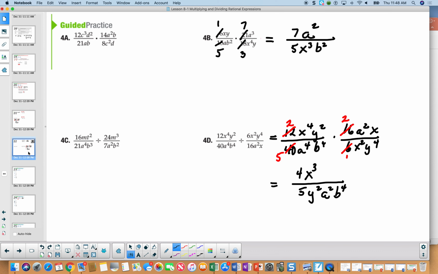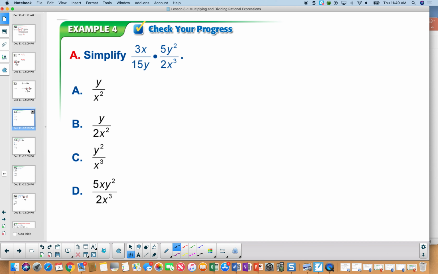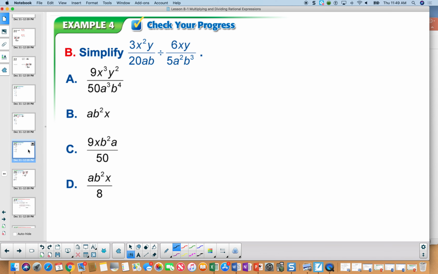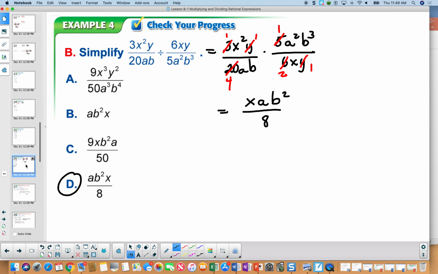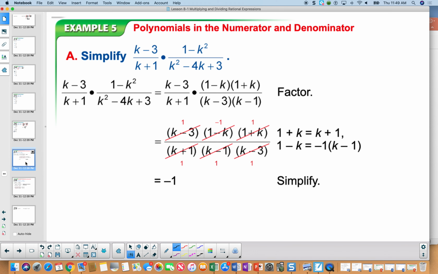And here are the answers. Pause, practice one more time. And here's the answer. Pause, and here's the answer. Let's take a look at more complex multiplication and division problems with polynomials and not just